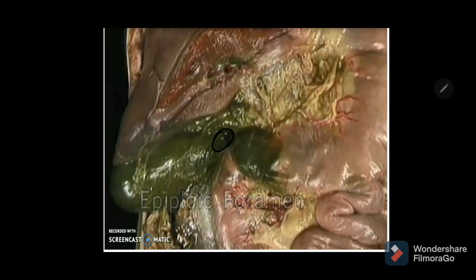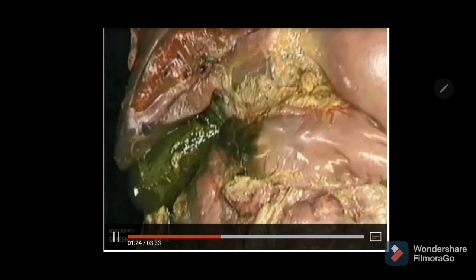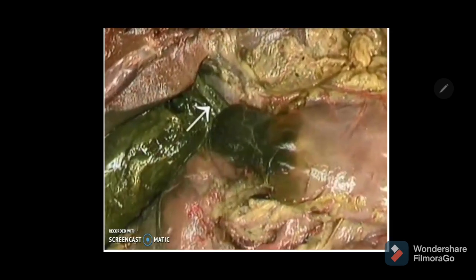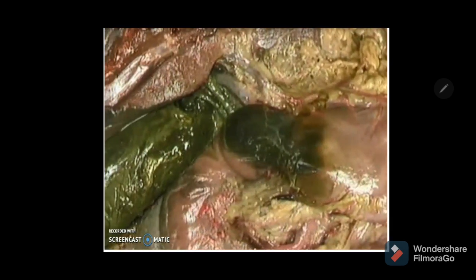This is the epiploic foramen. Behind this there will be the lesser sac. So the epiploic foramen is also called the aditus to the lesser sac. And as you zoom there, you can see that is the common bile duct. And to the left you have the hepatic artery. Behind you have the portal vein. And how it is running there. This is the supraduodenal part, then retroduodenal part, then infraduodenal part.